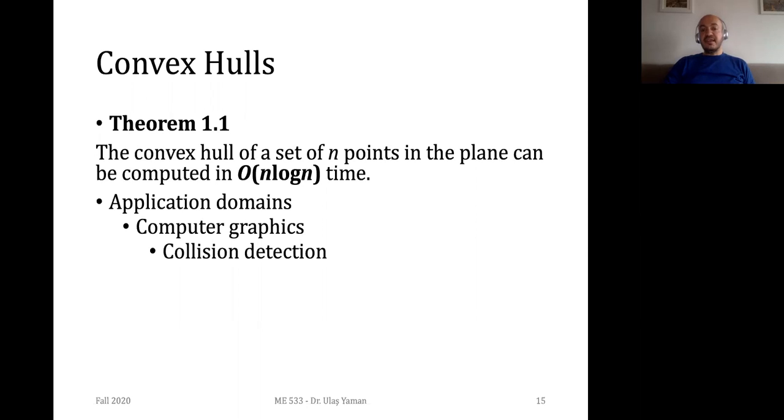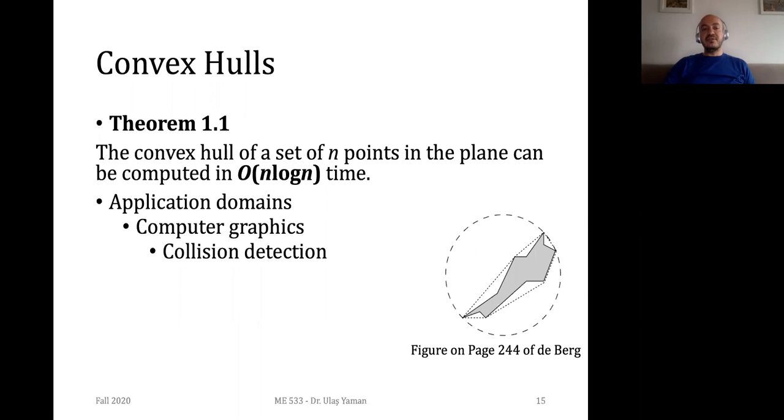You may use them to detect whether the particles or objects on your plane or in your space are colliding or not. This is, for instance, an example here. The original shape is in the gray region. And obviously, you can see that this is not a convex shape, but a concave one. But in order to make your computation simpler, you can construct a convex shape around it,